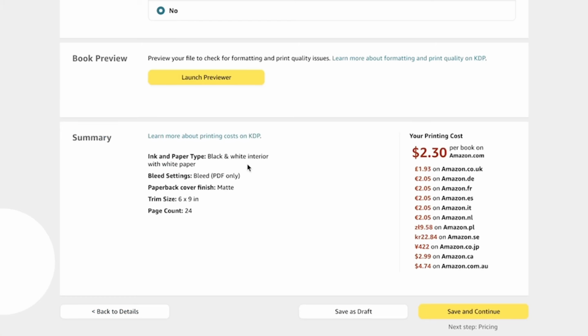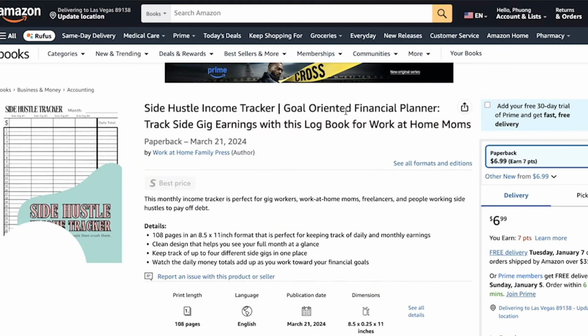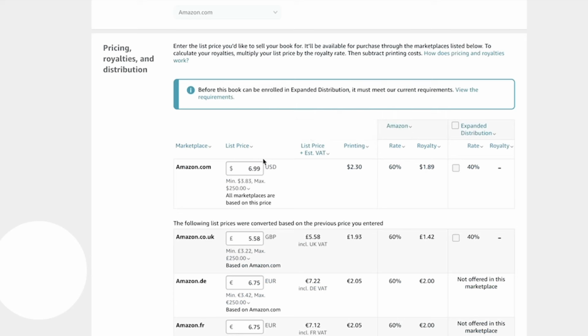Now it's going to give you the entire summary as well as the printing cost. Now let's set the price for our book. Now when you're setting the price, you also want to see what competition is doing. So it looks like the primary competitor is selling their book for $6.99. When we type in $6.99, the royalty is only $1.89, which I don't know if this is really worth my